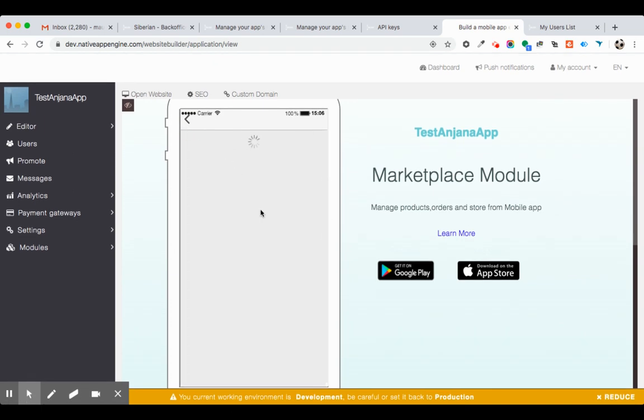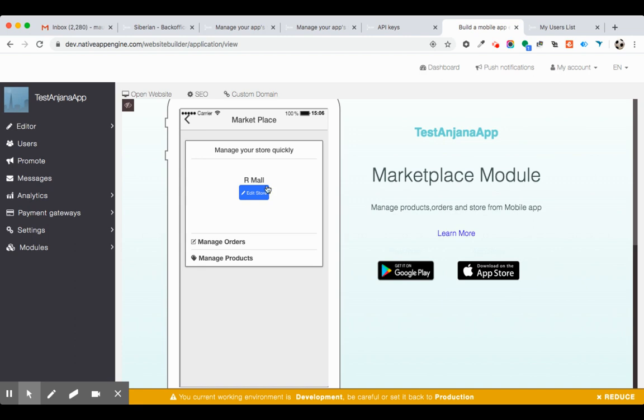Your users can manage their store completely from within the app, and we have created this module from scratch, and everything is added by our team. We have put lots of effort into building this, because this module was requested by many people. And this module doesn't work with basic commerce, because there are so many changes that need to be done on the front end side, which is not available in commerce. So this works with Commerce Pro as of now, because we have done those changes in the front end for Commerce Pro.